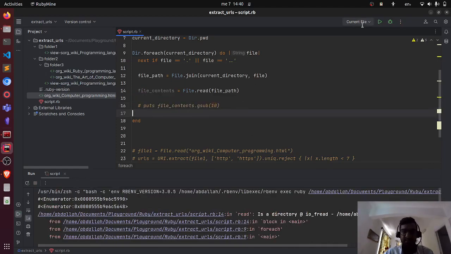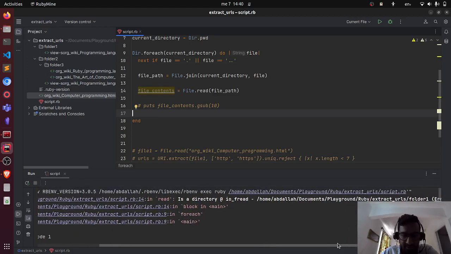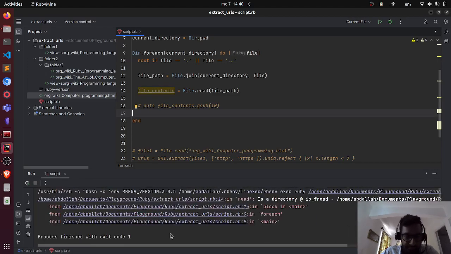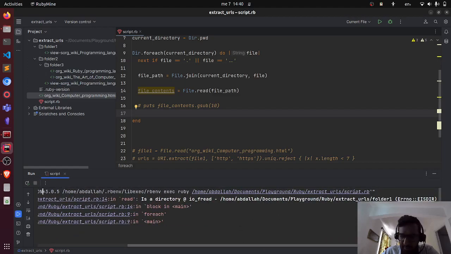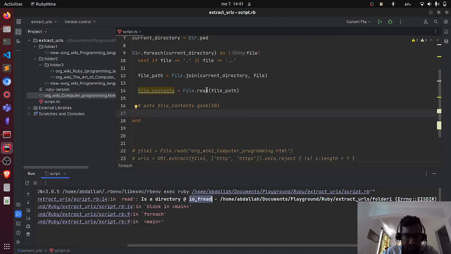First and foremost, let's see. No, it's not working. So we have an issue first. Wow, what the heck? It's definitely using our default version, not the Ruby we expect. I don't know why it's not showing the appropriate Ruby version. Alright, so is there a read directory? So it's not working actually because